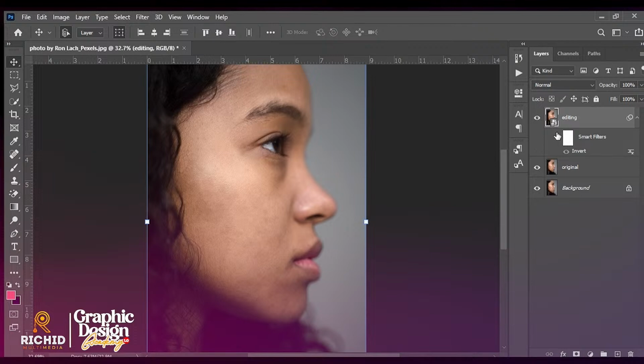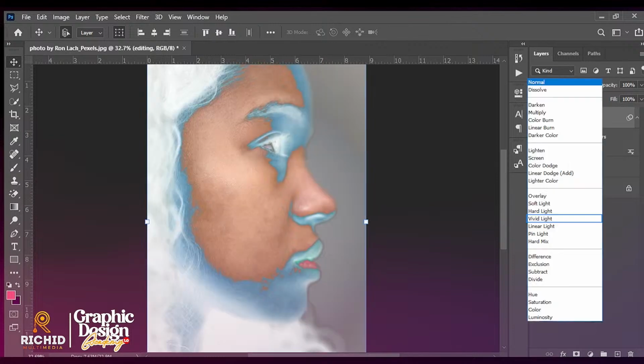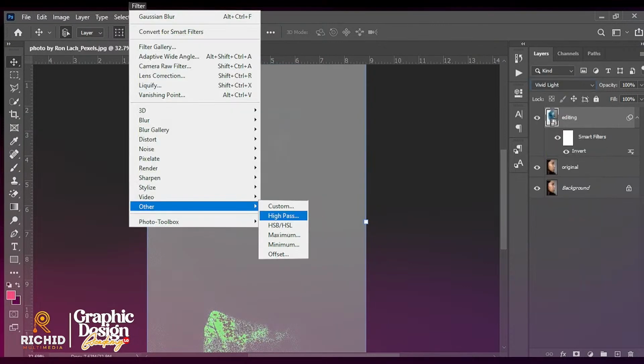You come back to the editing, because it's like we are covering something with a cloth. So when you move the cloth from it, you get your original thing. When you put the cloth on it again, you see that the effect on the cloth will affect the image. So we invert it, change the blend mode to Vivid Light, go to Filter, Other,